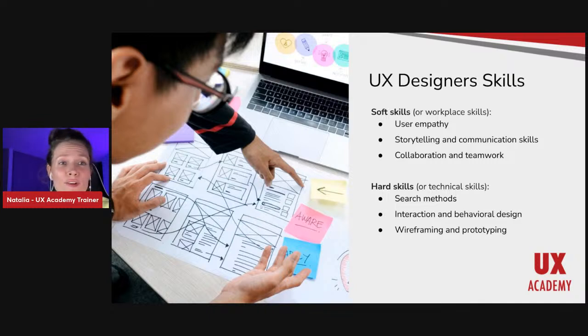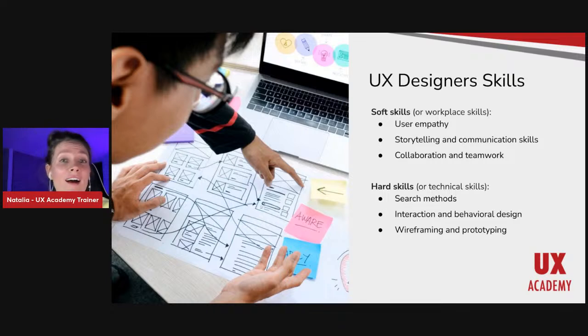But that's okay if you don't have some soft skills yet. You can learn, you can train, and you can get more soft skills. You just need to know in what direction you have to go. So another soft skill is storytelling. Storytelling helps us present our job and explain what we are doing and where we are, what stage, and why we take one decision and another decision, right? So a good story always helps people understand what you want to tell and what idea is behind it.